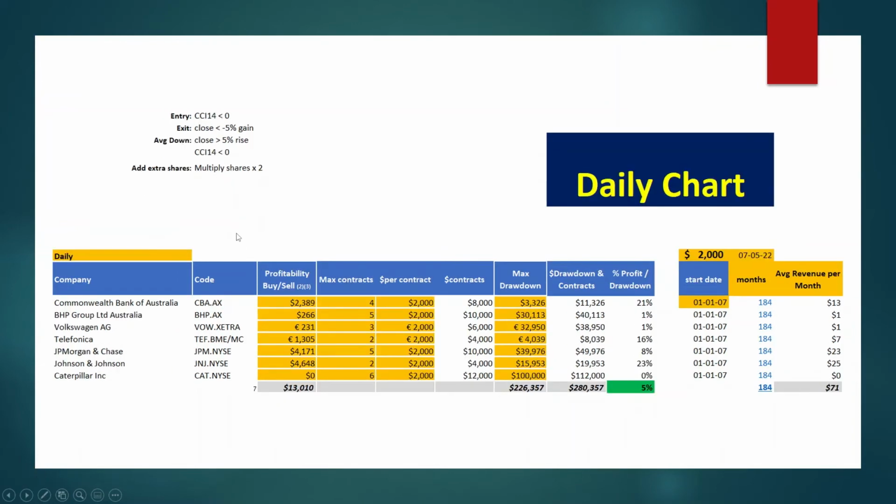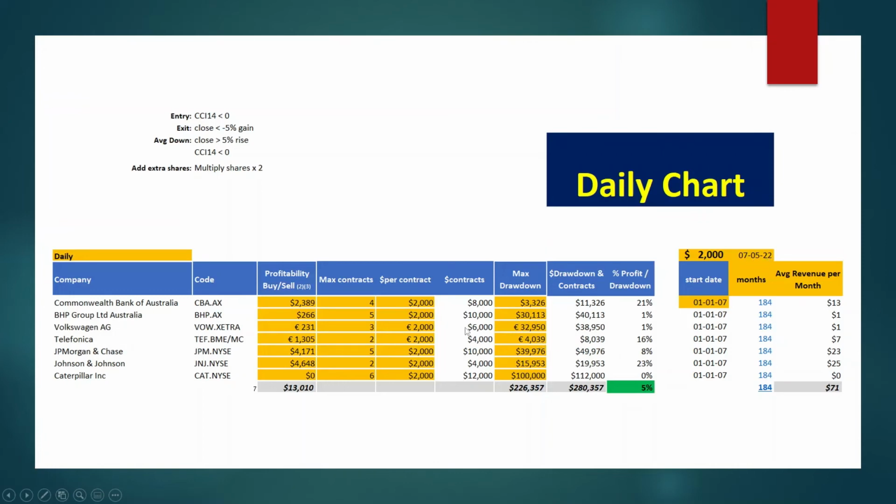Compare that with the shorting strategy. So you can see here the profits made for the shorts for each of those respective stocks, the drawdown, and it generated $71 a month on average over the 184-month period since January 2007 till today, the 7th of May